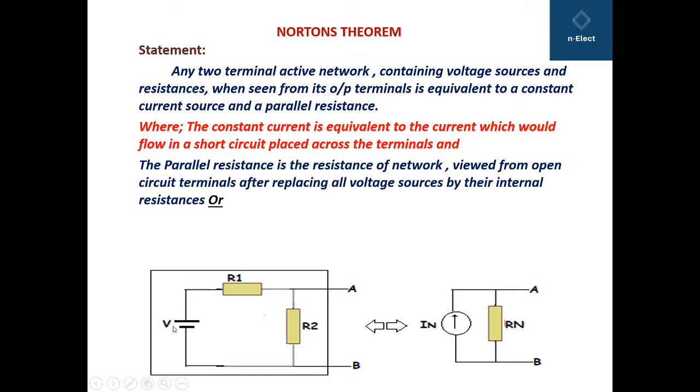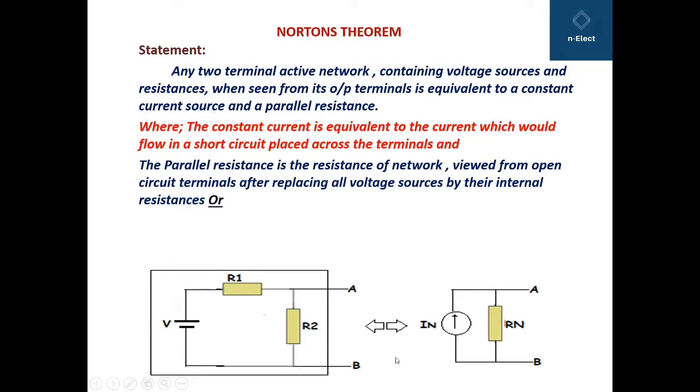Before that, I want you to have a look at these diagrams where I have shown a single battery source connected with resistances R1 and R2 and across output where generally load resistance RL comes. Here we have kept these terminals A and B open. This is the electrical network given to us, and when Norton's theorem is applied to it,